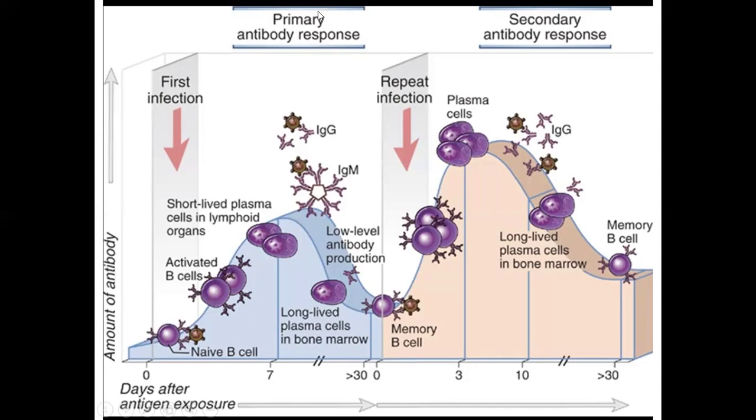Here we can see the primary antibody response. So when the immune system meets the antigen for the first time, you should notice that the immune response is slow, and the maximal, highest level of antibody will be only on the 7th day or more, like 20 days, and it is not so strong, because look here, this is a secondary immune response